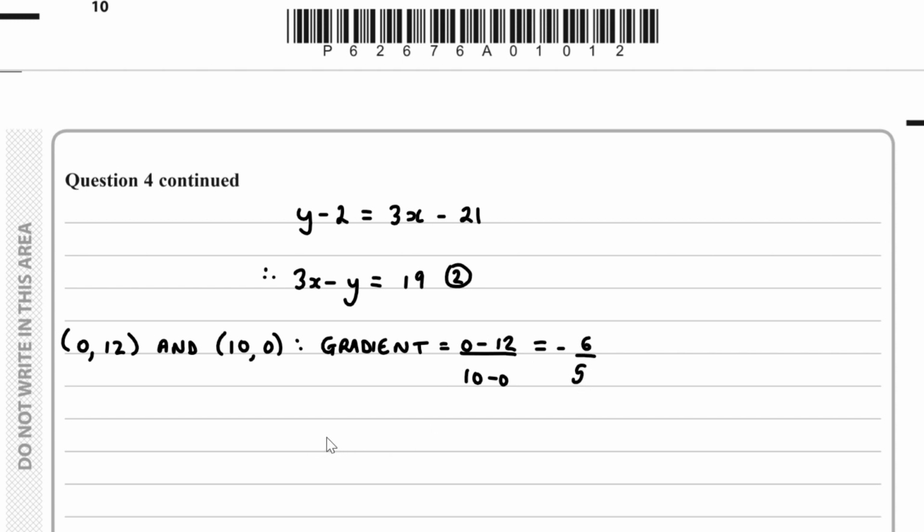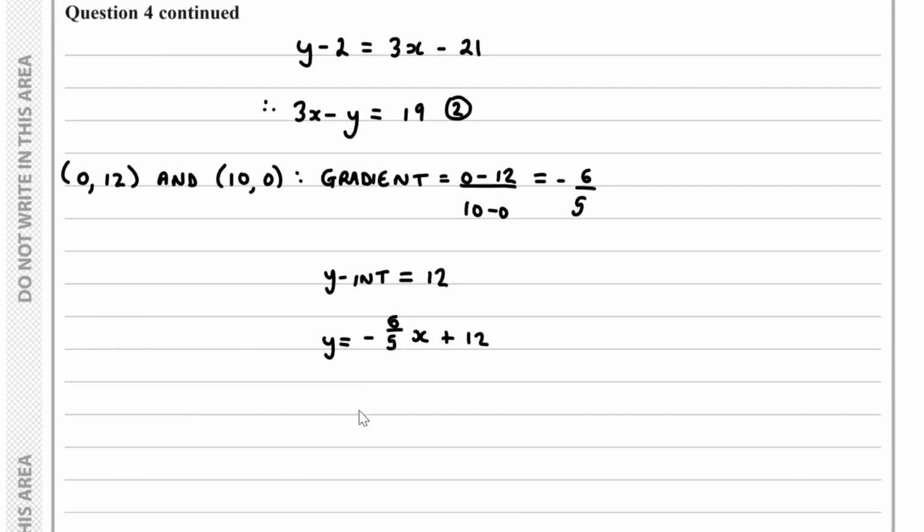The y-intercept is equal to 12. So therefore, we've got y equals minus 6 over 5 x plus 12. So if I multiply through by 5, we've got 5y equals minus 6x plus 60, and therefore we end up